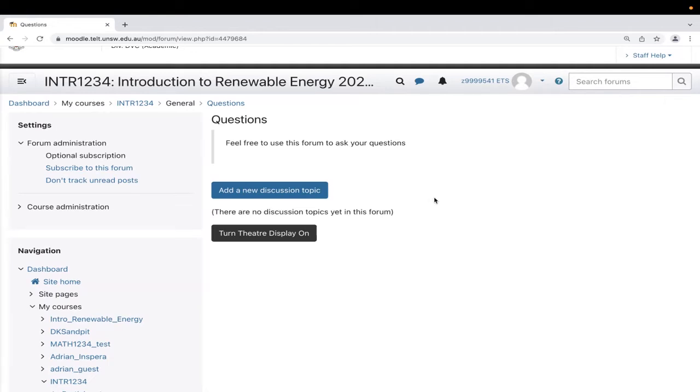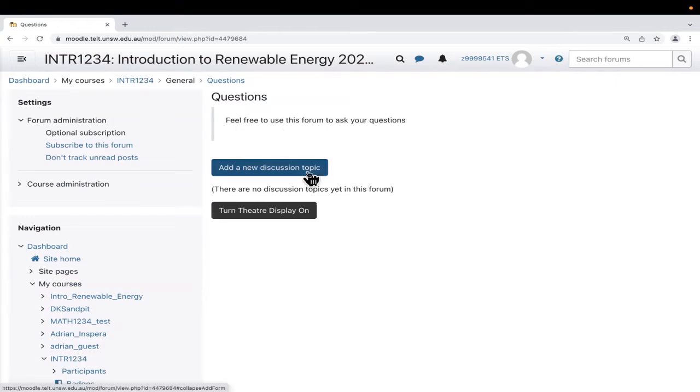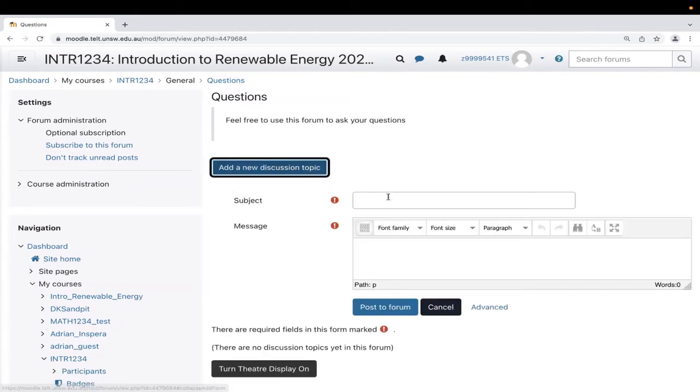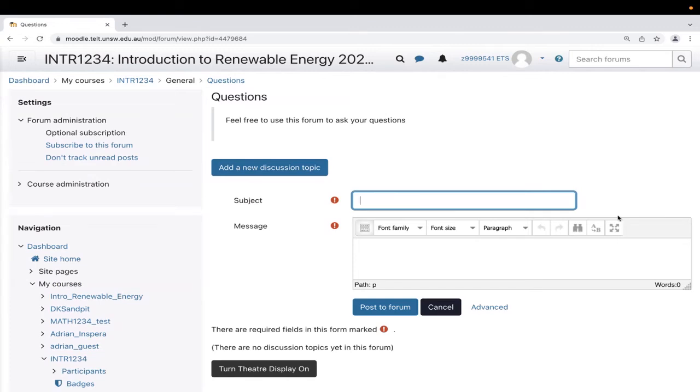And basically in a normal forum, we just make posts and we can talk freely. So unlike the announcements forum, which was built for a specific purpose, some forums such as question and answer or discussion, and the instructor will make it obvious to us when that happens, we can just go in and click this add a discussion topic button. So we can really do whatever we like in this forum. So we can make posts.